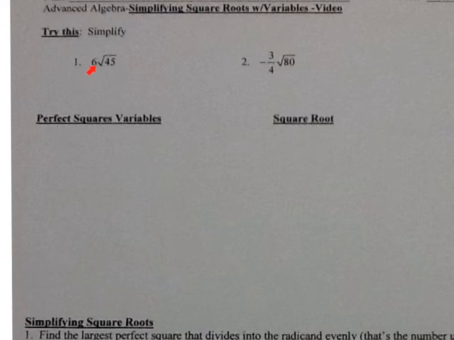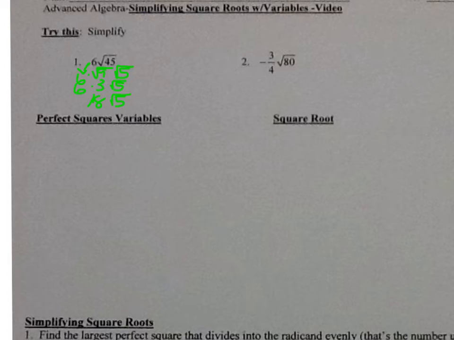Okay, so for the first one we have 6 times the square root of 45. So the largest perfect square that goes into 45 is 9. So bring down the 6. So we have 6 times the square root of 9 times the square root of 5. 6 times the square root of 9 is 3, the square root of 5, and 6 times 3 is 18, so it would be 18 the square root of 5. Okay, number 2,